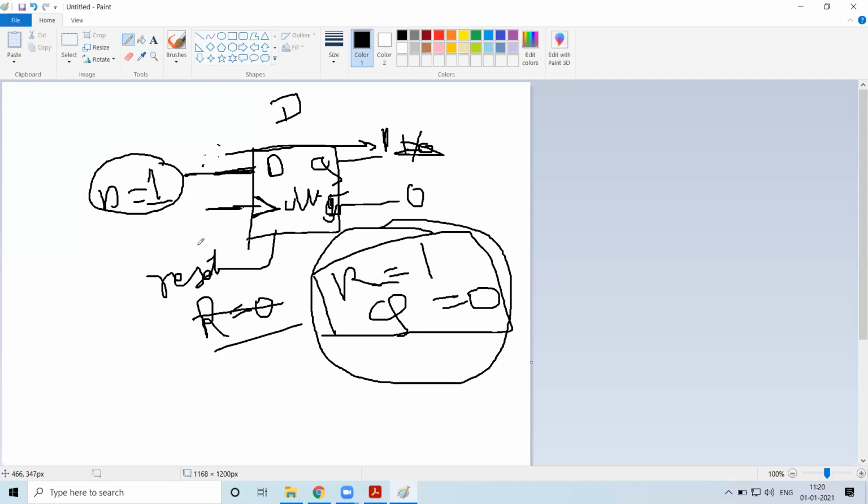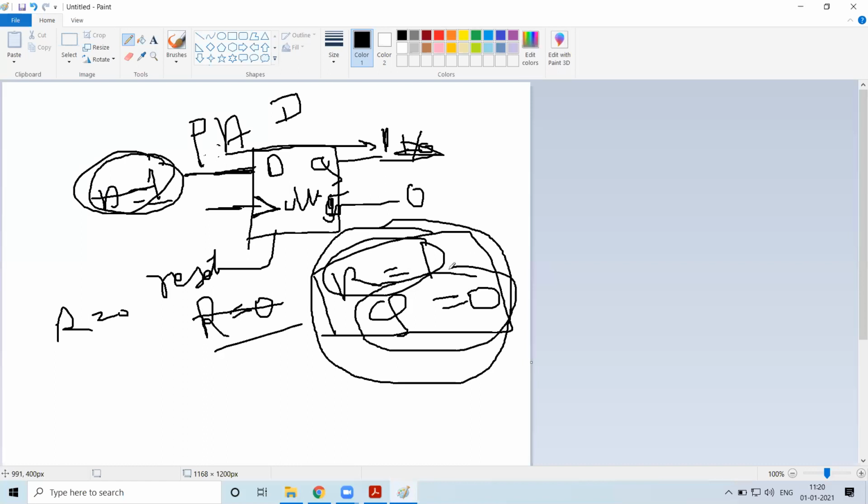Now when reset was 0, initially, whenever D was changing, Q was changing. So this is your procedural assignment. Now, no matter what the value of D is, if reset turns out to be high, then Q compulsorily has to be 0, whether D is 1 or not.